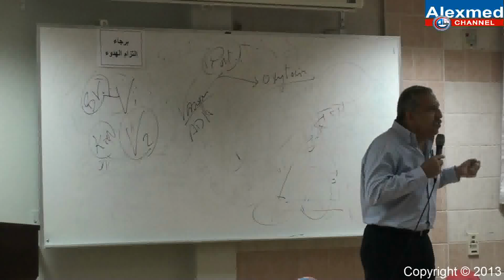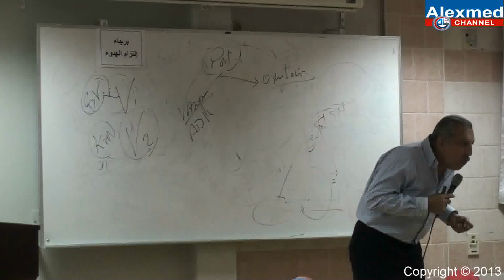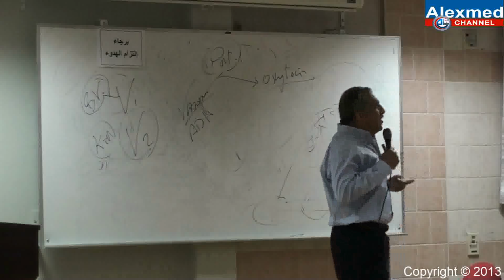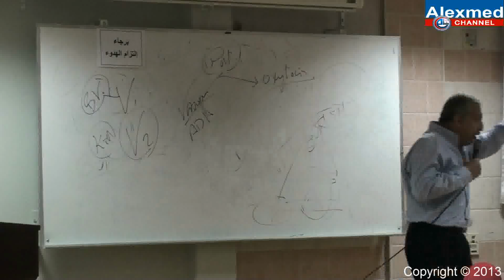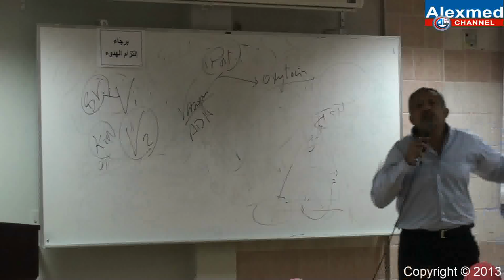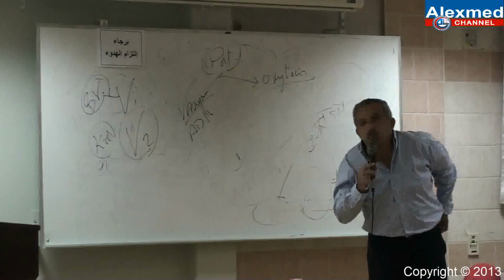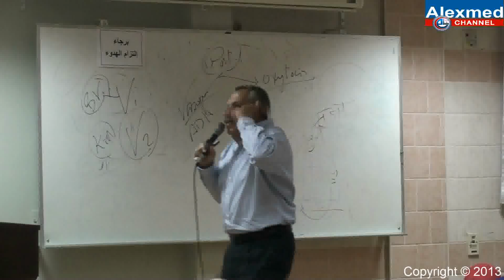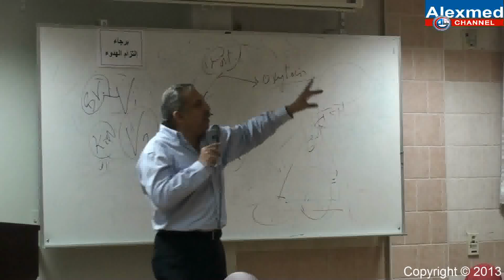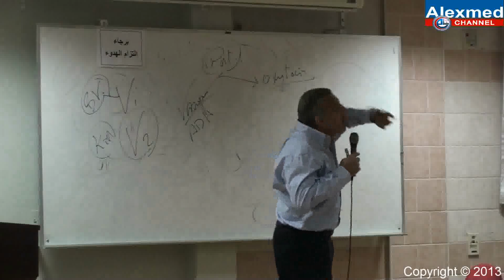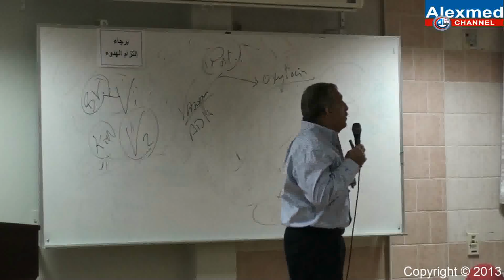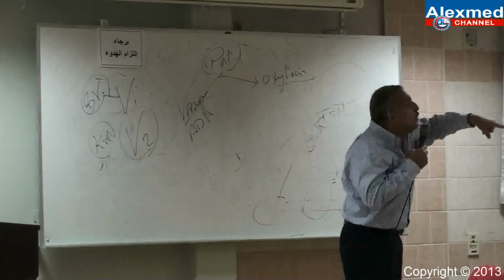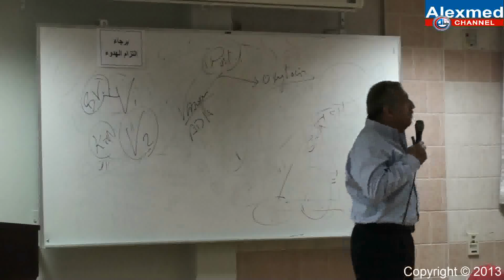Deficiency of ADH is called... No. She said diabetes insipidus and said 3 no. Pituitary diabetes insipidus. Be specific. Deficiency of ADH is called pituitary diabetes insipidus because we will have another type of diabetes insipidus where the defect is present inside the kidney, so it's called nephrogenic diabetes insipidus.